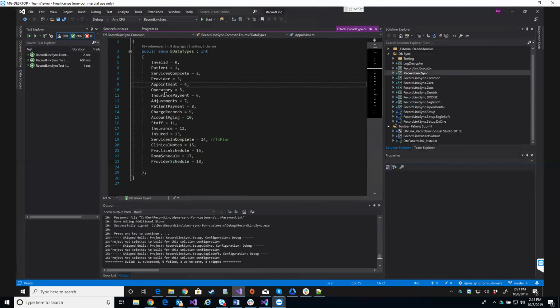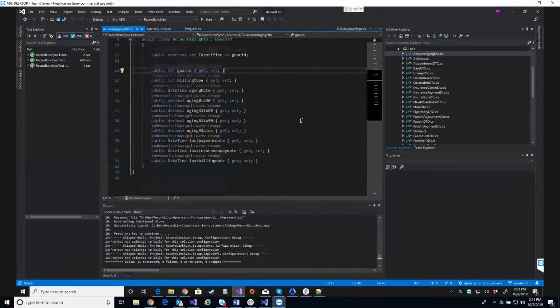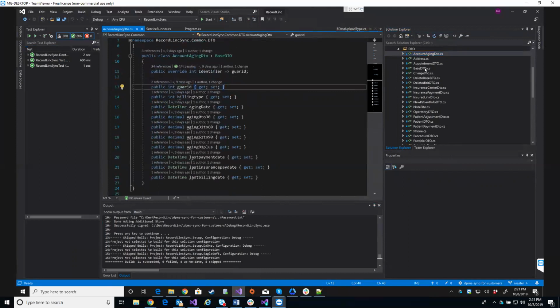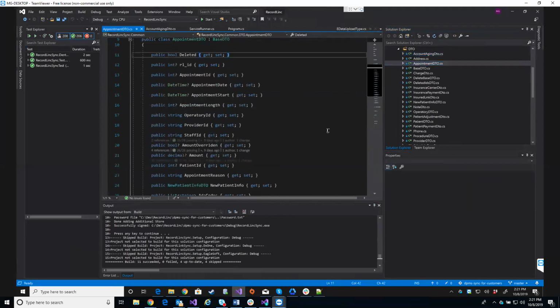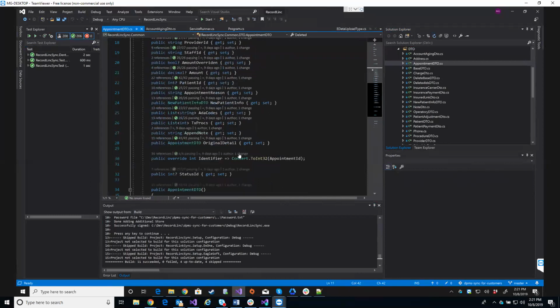Then, of course, we gather operatories, insurance payments, and so on. If you want the exact list of the data fields we gather and submit, go under RecordLink common and expand the DTO subcategory. There is a list of all the objects. These are the data transfer objects that we actually upload to the web service. These have all the various fields that we upload and the data formats in which they can be expected. As you can see here, from an appointment, we gather date, start time, length, operatory, and the ADA codes. These are the specific ADA codes that are referenced in the appointment,